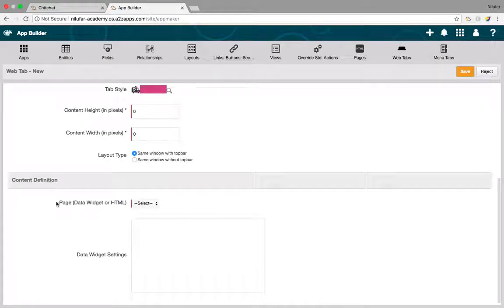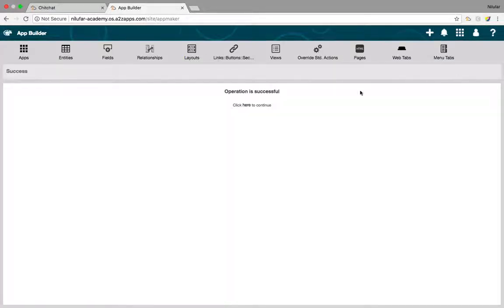And here you can see it says page, wherein I need to select my page. Here you can see my page has come up, help page. So I'm going to select this one. For every page there must be some settings which we need to pass on. But since this is an HTML page, there are no settings as such. So I'm just going to mention these braces over here, and I'm going to save it.